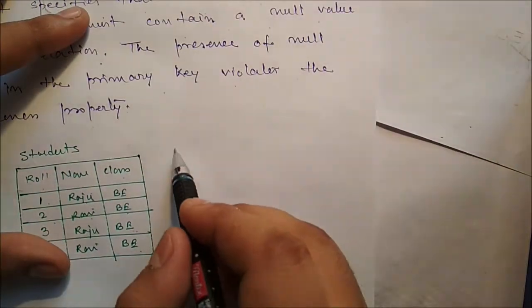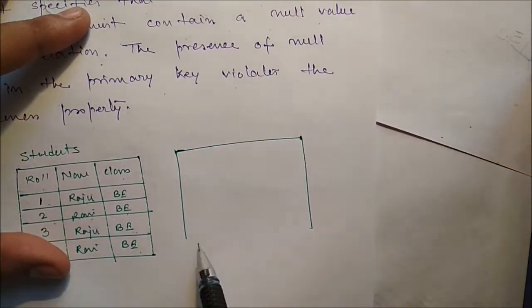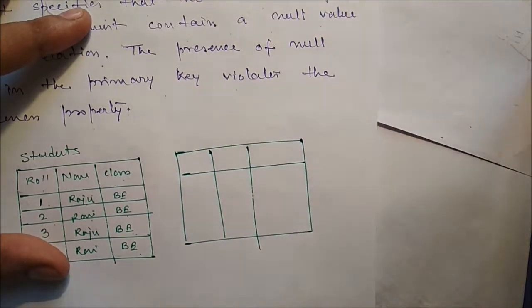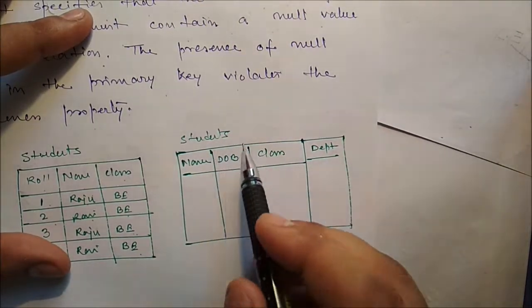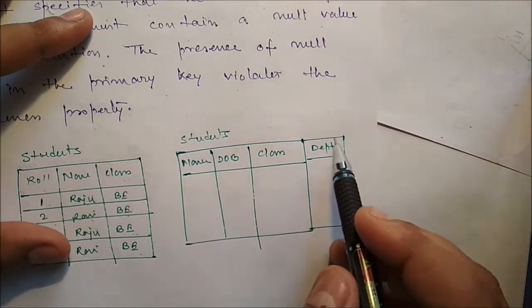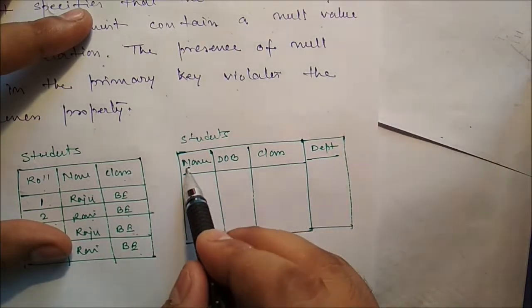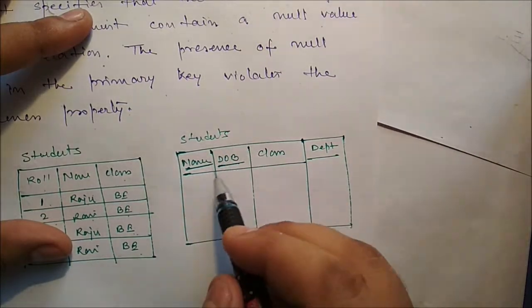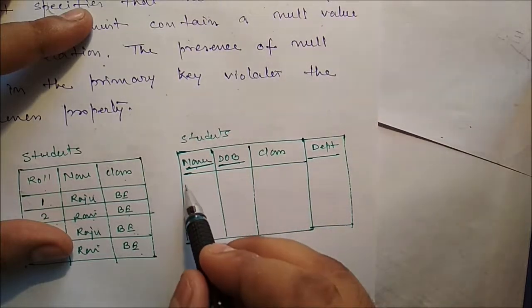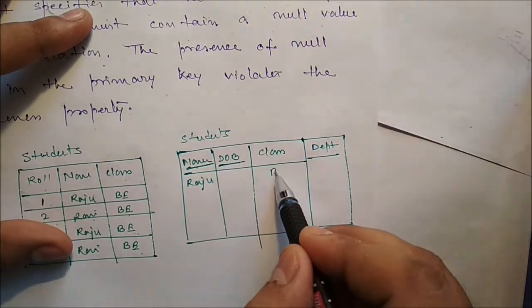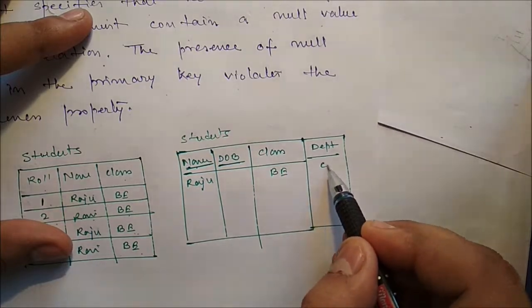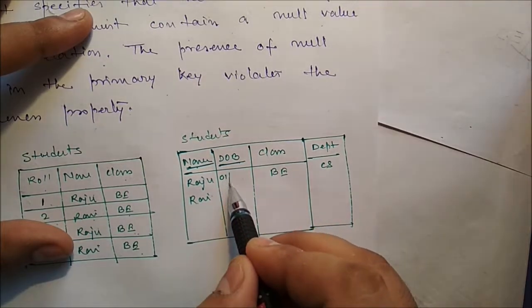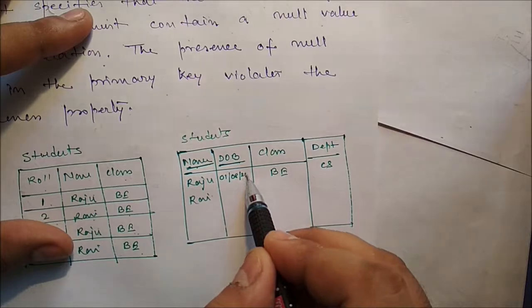Similarly, it may be possible that by using a combination of attributes, we can identify the primary key. For example, now suppose one table is there, student. Now here roll number is not present. So to form a primary key, we can take these two attributes together, say name and date of birth together. That means we can form the primary key using name and date of birth. Suppose name is say Raju, class B, department say computer science. Similarly, suppose Rani, say date of birth 1st August 2000.